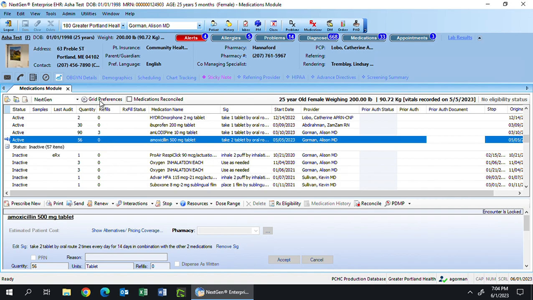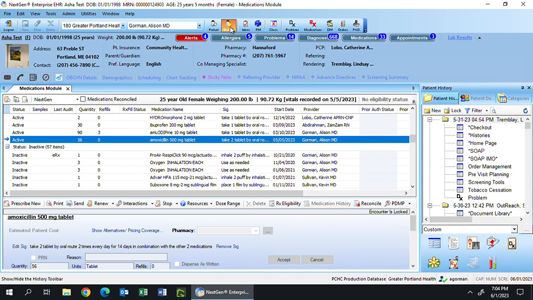So what you're going to do is hit Grid Preference. I want to show you something really quick. If you notice here, when I have my patient history toolbar on the right, you don't see Grid Preference. Don't worry, you still have it. And this little trick applies to many things in NextGen. If something isn't there, you might look at this little arrow here, and there is Grid Preference. It just means there isn't enough room on the screen as is. So you could either use that little arrow right there, or pin this, or